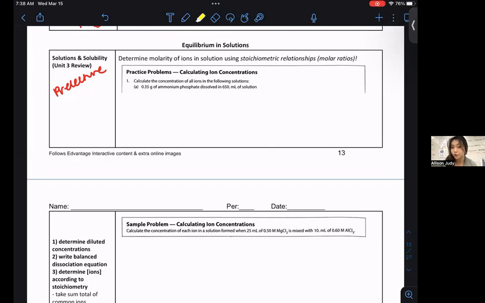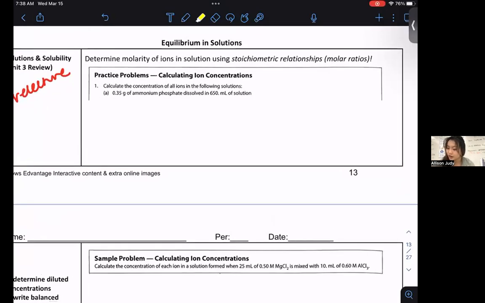And of course, we know that a solution is a homogeneous mixture using stoichiometric relationships, i.e. molar ratios. So here we have calculate the concentration of all ions in the following solutions. So 0.35 grams of ammonium phosphate. I really hope you know your polyatomics, dissolved in 650 milliliters of solution. Okay, so for this one, what you should do immediately and recognize is that what we have is some amount in grams. So we're going to want to convert that to moles to determine concentration because molarity is equal to